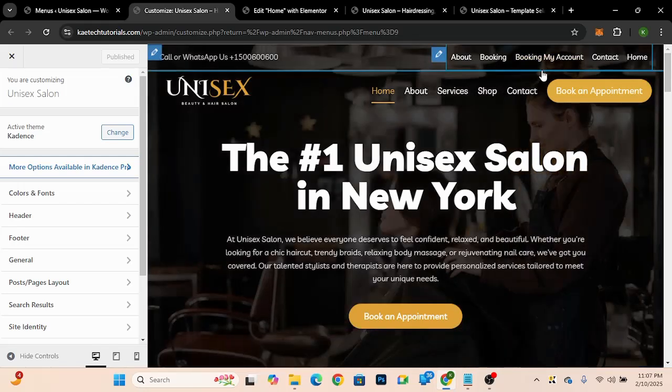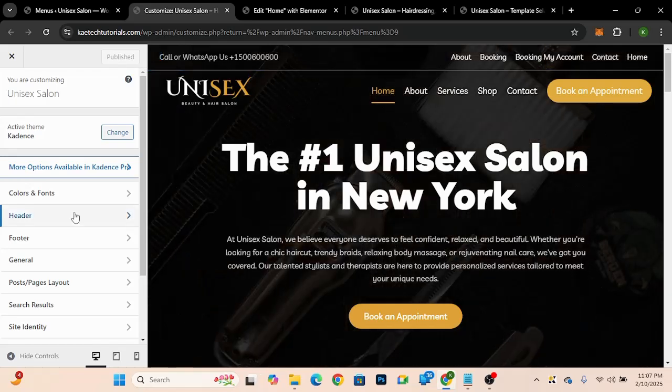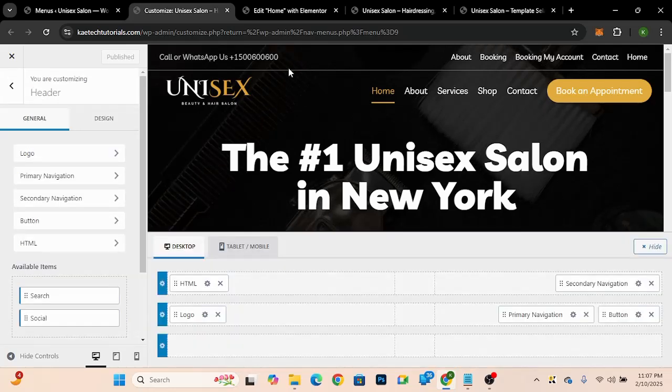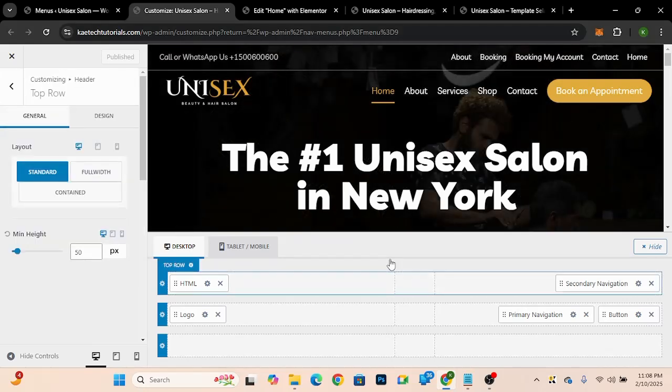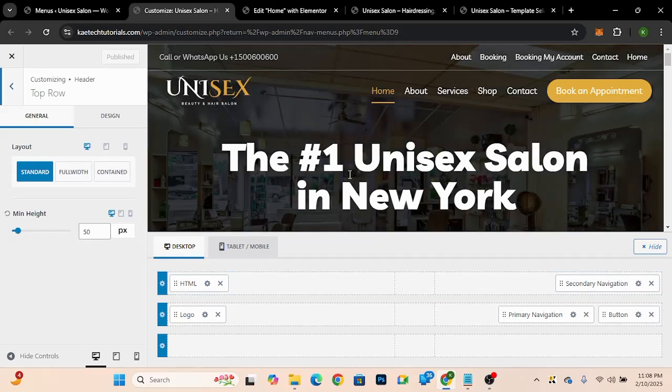Make sure that you have the secondary menu set up over there. So I'm going to click on the header, and as you can see, we gave the header some small border over here, and that is it. I showed you how you can do that. So that is the border that you see over there. Now that we have our top header set up, now all we need to do is to also work on our